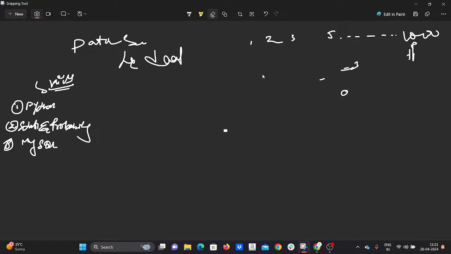We need to learn how to retrieve data from SQL using Python. This is the main concept, because as a data scientist or a data engineer, you need to work on data. That is necessary.